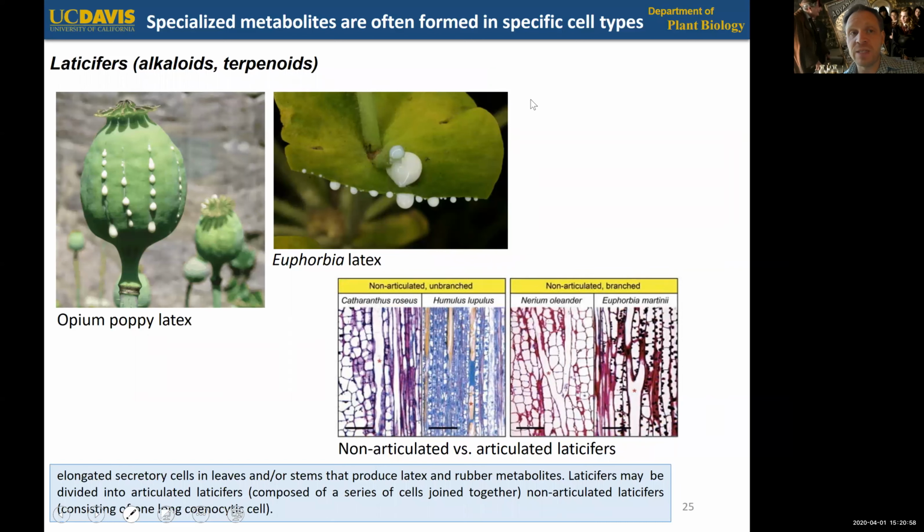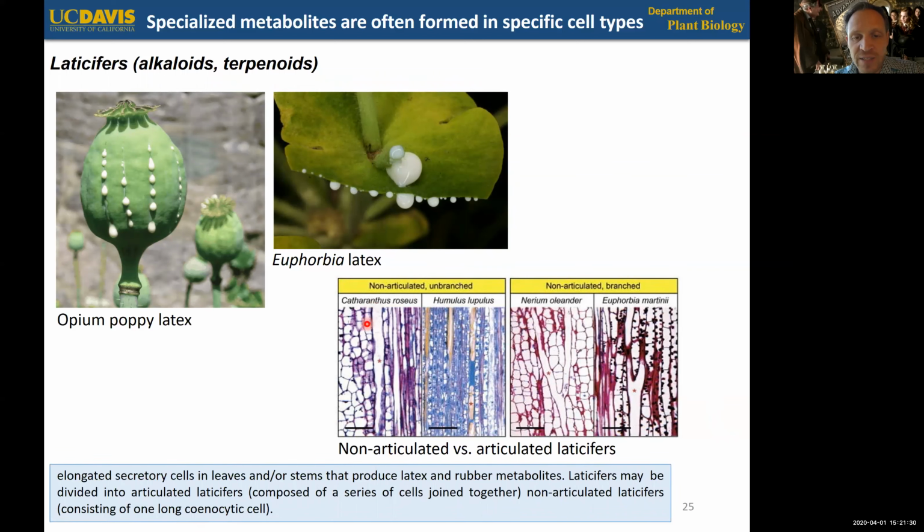Very similar to these resin ducts are laticifers. These are actually specific to angiosperms, and we find them particularly in opium poppy as sort of an infamous example, but also in species of the Euphorbiaceae, for example. So if you rip a leaf apart and you see this white latexy milk coming out, these usually come from laticifers. And so the strategy here is very similar to the resin ducts,